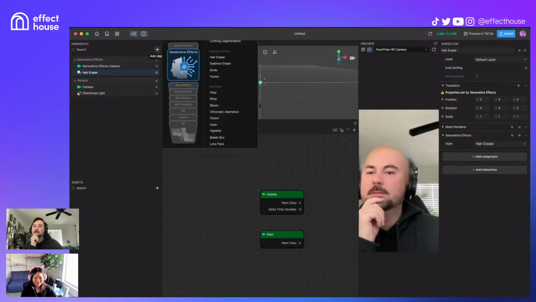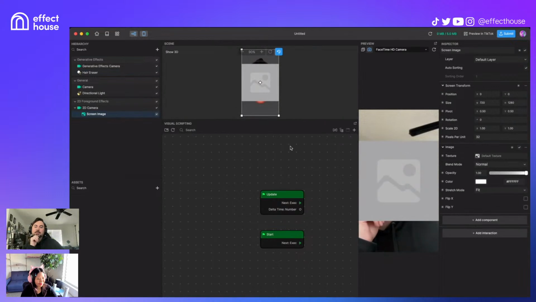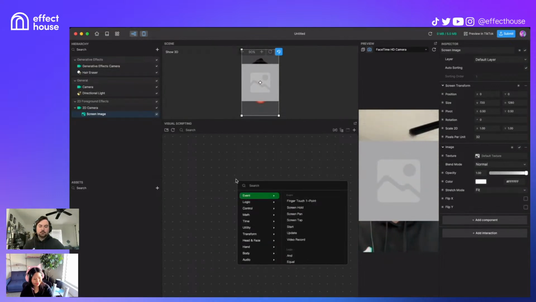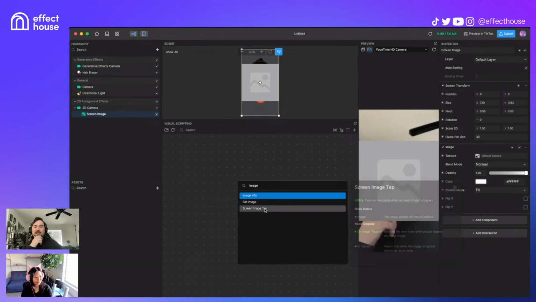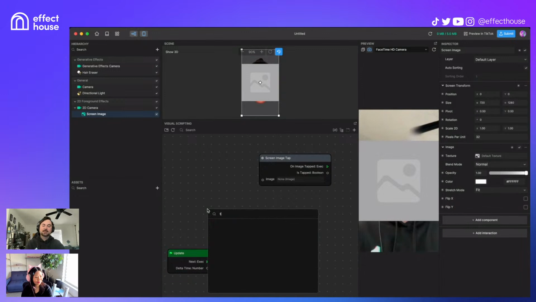How do I change a texture of screen image when it's tapped, just like the soundboard effect? Well, let's create a screen image. Now we have our screen image. Image tap. So we want to use screen image tap for screen images. And there's a couple different screen tap. So this is like the simplified node. You can also use,